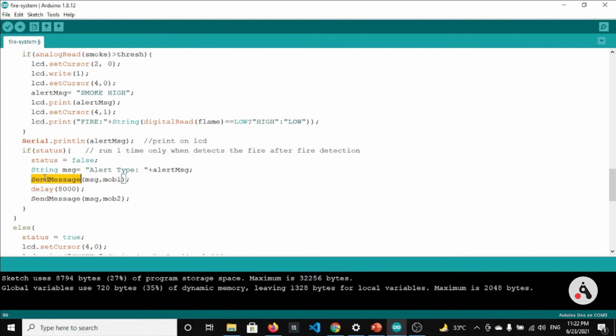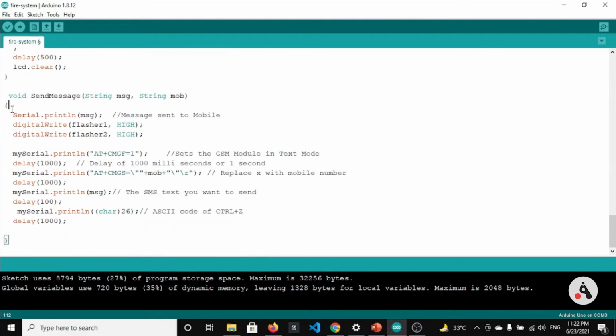So where is this method defined? Let's see that method. So here is this method, and we are using this software serial library. We are using an object of that class to basically execute some serial commands, simple AT commands.